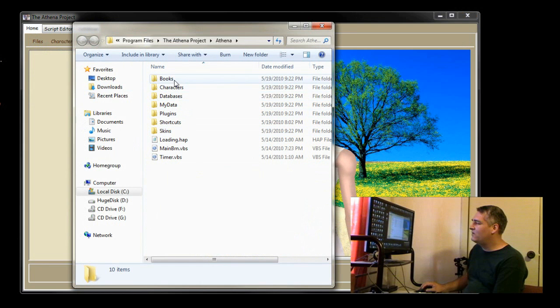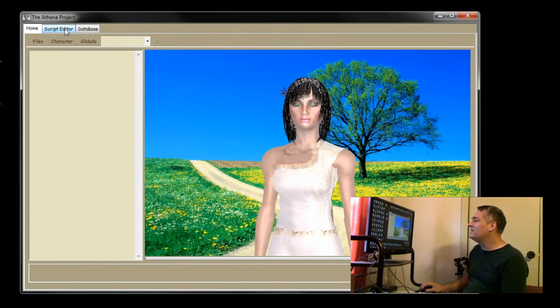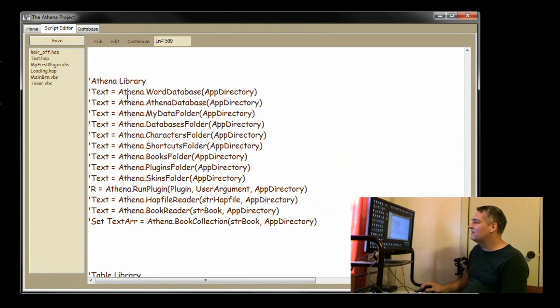All those particular folders, the books, the characters, databases, you can connect easily to them. You can connect to them real easily by using these. You can connect to the Word database. You can connect to the Athena database. You can connect to the My Data folder, the database folder, the characters folder, the shortcuts folder, the books folder, the plugins folder, the skins folder, and this will basically give you the